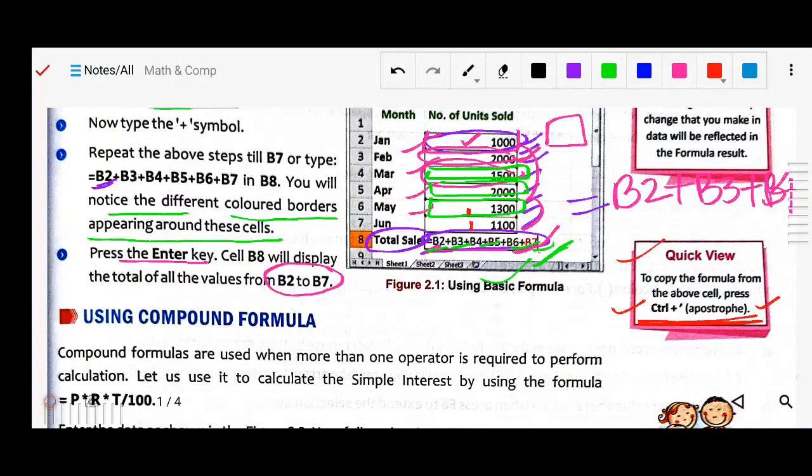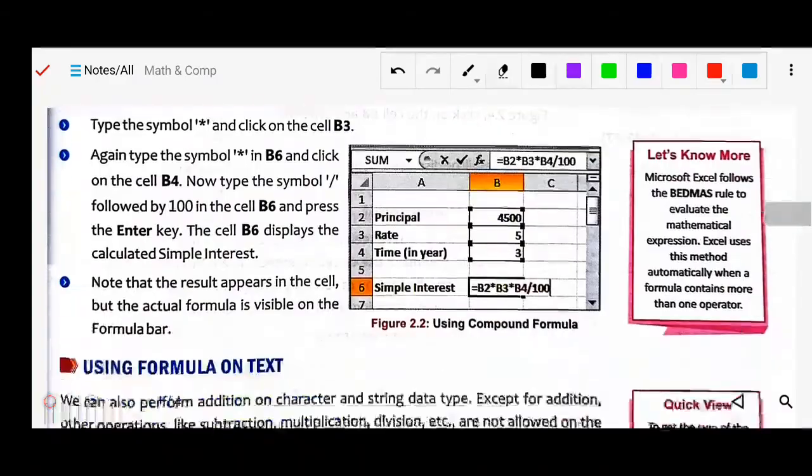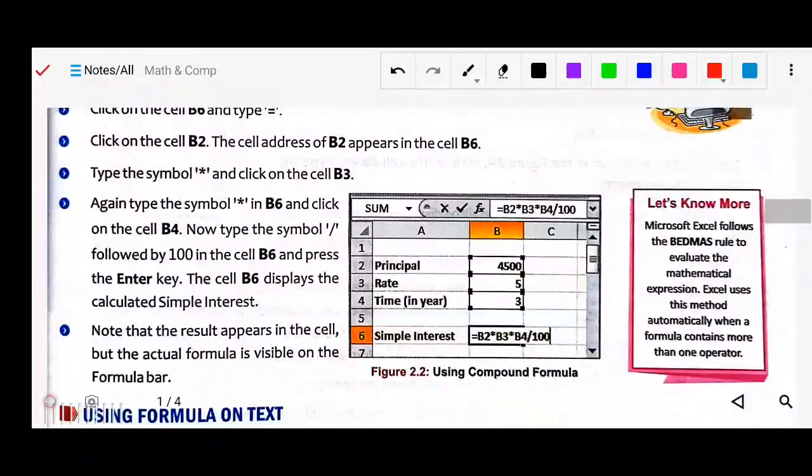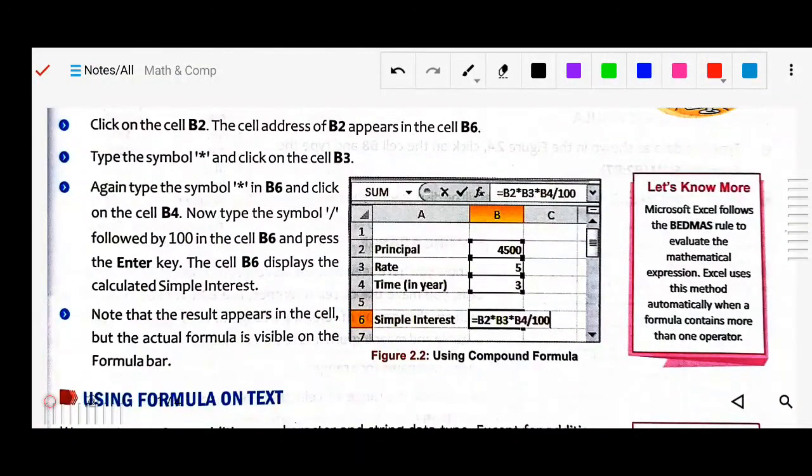Now, using the compound formula, we will apply the same method as we have done. Here are the values for the principal, rate and time. As you know, what is the formula of simple interest?